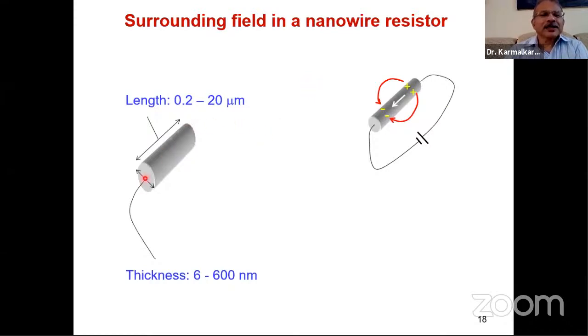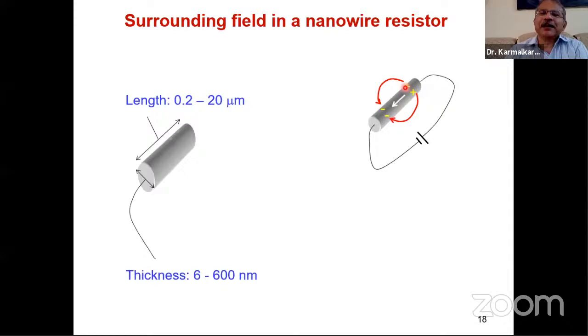Okay, consider a wire like this. Imagine that you have connected a cell to pass a current. Now, what kind of field will you see? One field you will see is the field along the wire like this. The other field is the surrounding field. You would not have seen a diagram showing the surrounding field for a wire. You would have seen in school days or elsewhere the field shown as though it is only inside the wire. That is not an accurate picture.